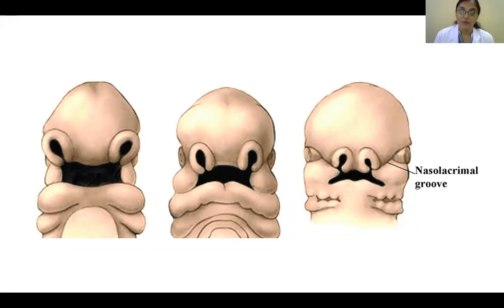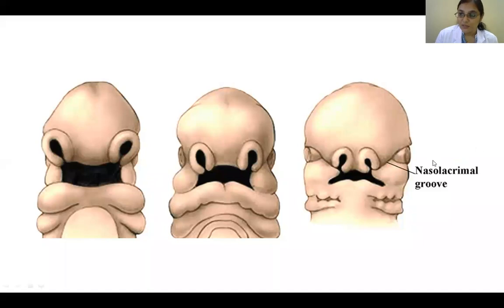The tears are produced, then they go over the conjunctival sac. They are collected by canaliculi. Then they enter into a lacrimal sac, which is here medially, and then are drained by a nasolacrimal duct, which opens into the infralateral aspect of the nose. That is why when you cry, your nose also starts running, because there's a communication between the conjunctival sac and the lateral wall of the nose, in particular the inferior meatus of the nose.